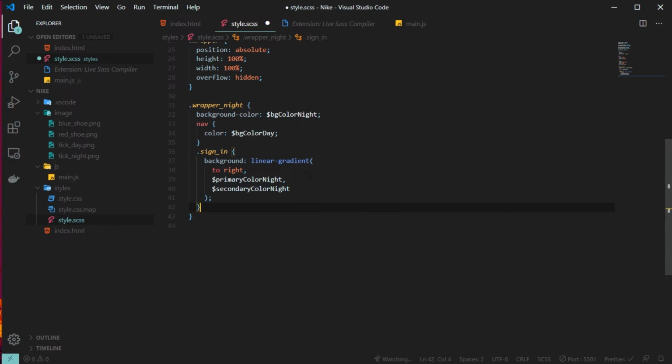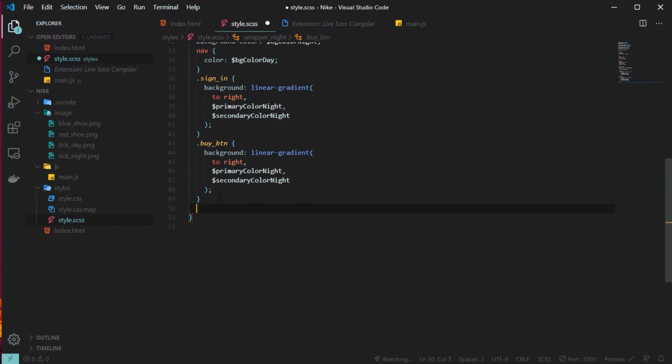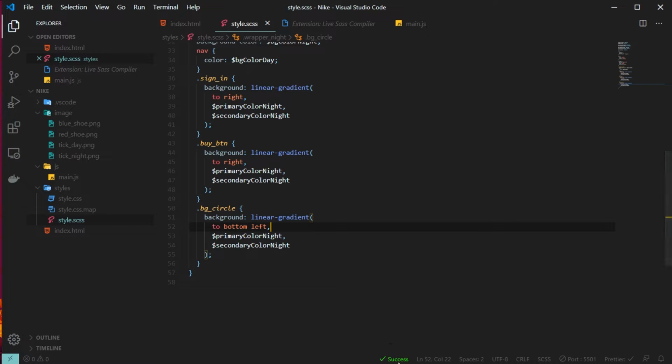Then for the sign in button I'm using this linear gradient. It's a gradient between the primary color night and the secondary color night. And similarly for the buy button I will do the same thing. So that's the CSS for the buy button, and then we have the BG circle. For the night mode I'm again using linear gradient from primary color night to secondary color night.